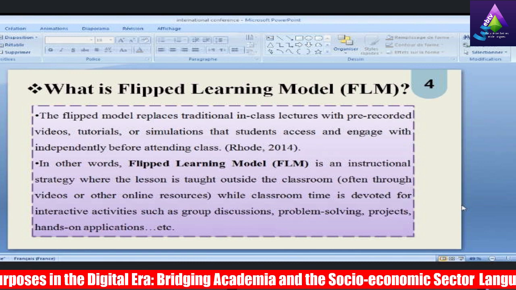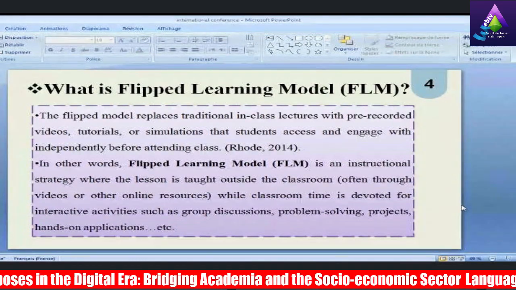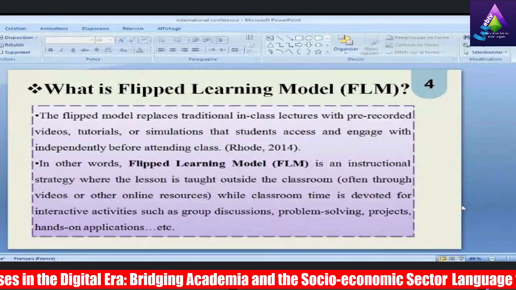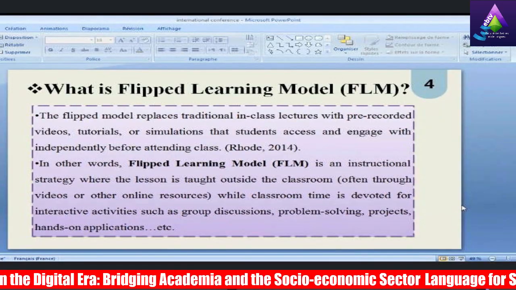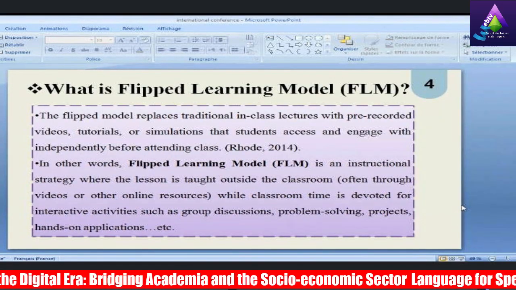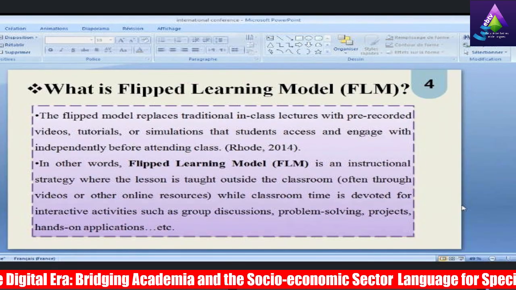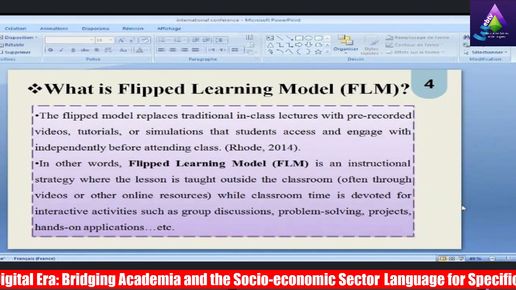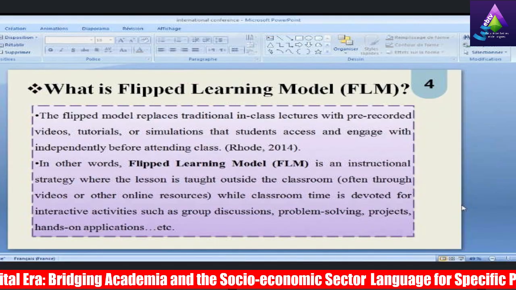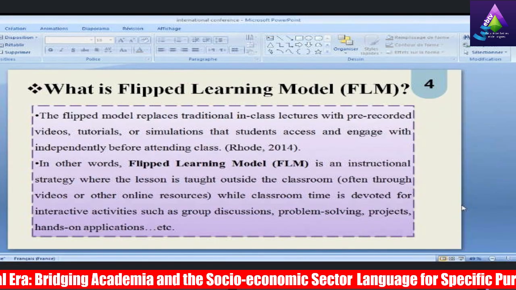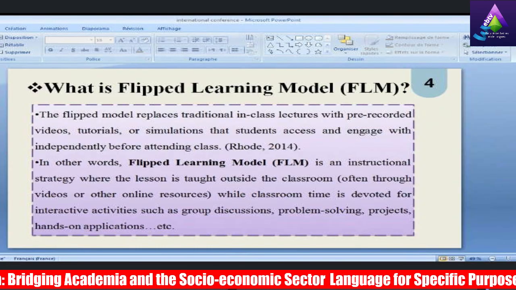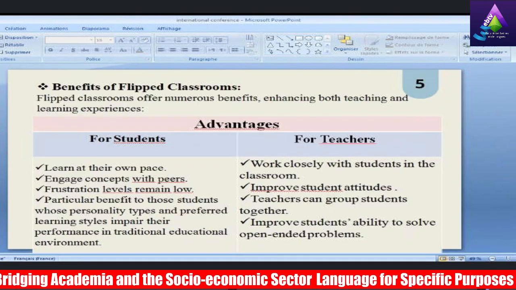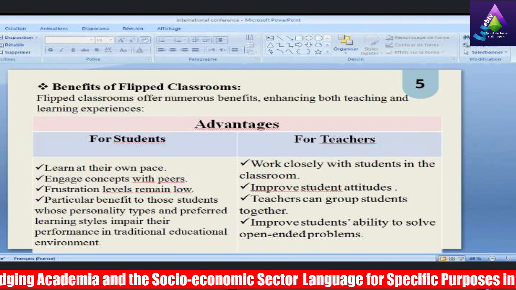To summarize, this learning model focuses on pre-class and in-class. In the pre-class, students are exposed to the lesson through videos, etc., at home. In the classroom, the time is devoted to activities, group work activities, etc. Some benefits of flipped classrooms are for students and for teachers.